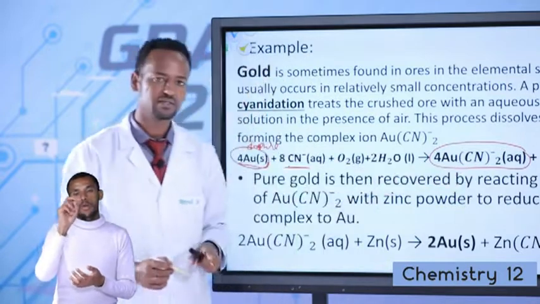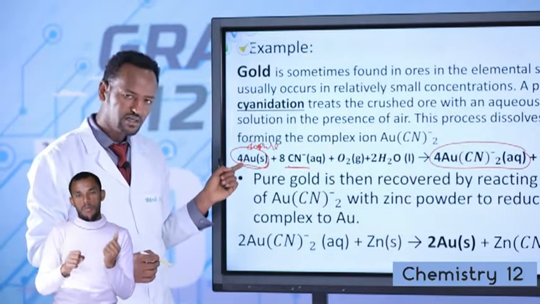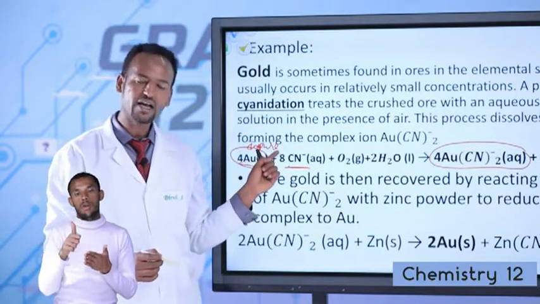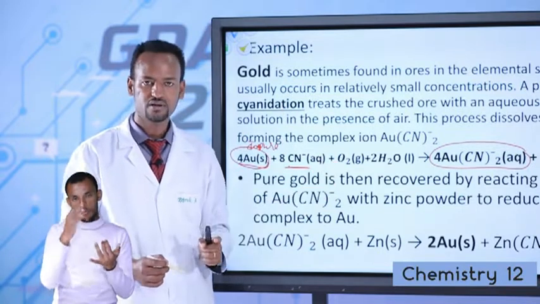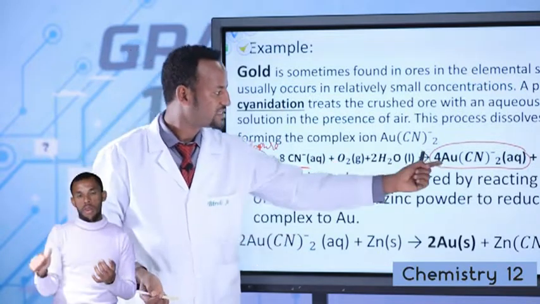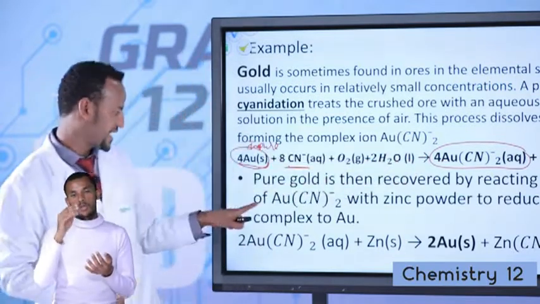AuCN2-. This is gold complex. Gold complex formed by what? Gold, impure gold, treated by an aqueous solution of cyanide in the presence of oxygen or air. Finally, it gets gold complex and hydroxide ion. This gold complex